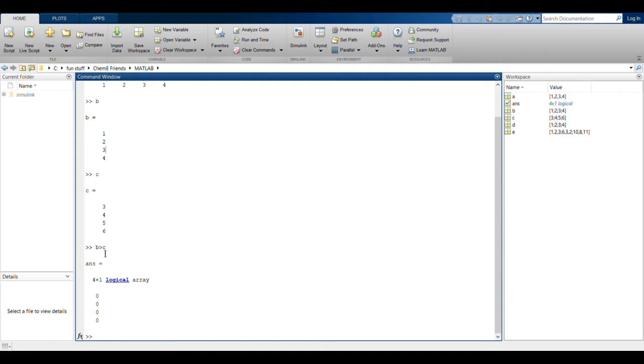So it asks, is 1 greater than 3, is 2 greater than 4. According to the Boolean expression, true is 1 and false is 0. So we know that it's all false here, and it's 0 0 0 0. This is the final answer.